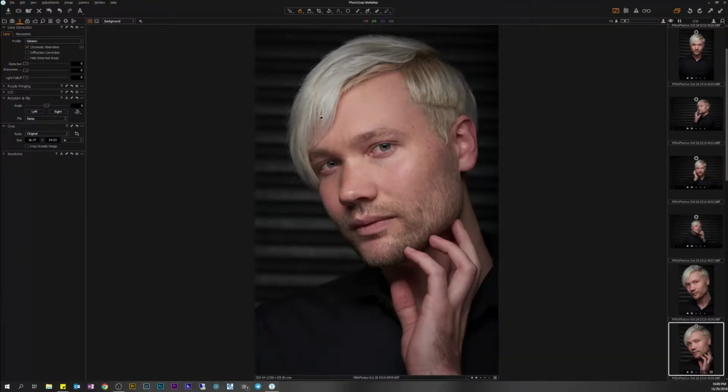So I don't crop before working on an image, I do the edit in full and then crop as the very last step before exporting to file. The rotation and flip, good example here. You can see that the lines in the background that run horizontally are just slightly tilted clockwise. You can use this to straighten up the image, especially if you have vertical or horizontal lines that are not quite level. So, I could straighten this up,